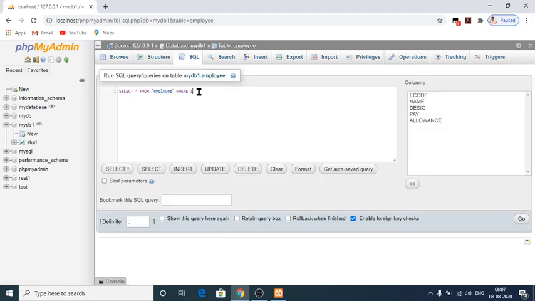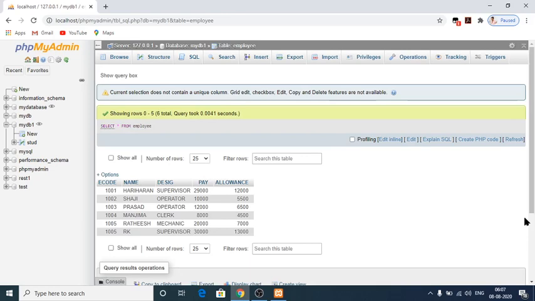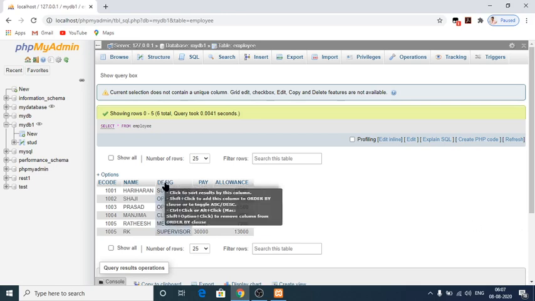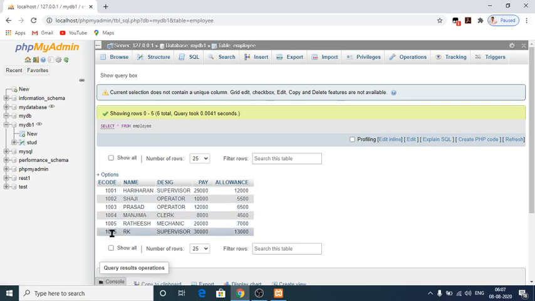Now I would like to retrieve the data from the table. Select star from employee. Yes, it has been added, and 1005 is there. Two persons have the same E code.